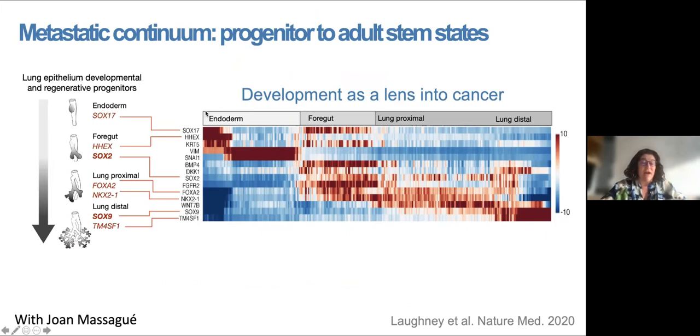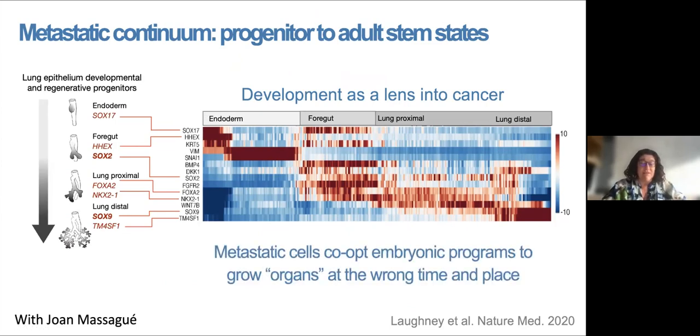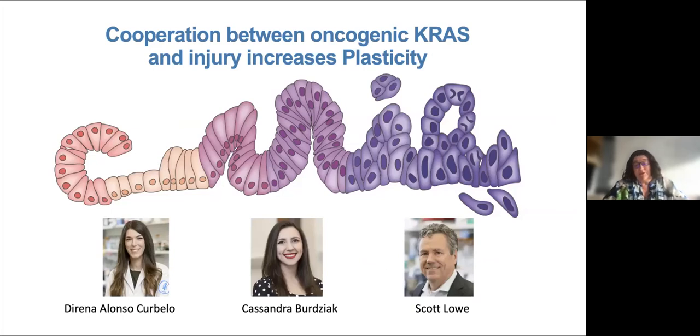So you could see all the factors going on in order of lung organogenesis, as well as their downstream transcriptional programs. And it's as if metastatic cells are trying to develop a lung in the wrong time and in the wrong place, using the very same transcriptional programs that the developing embryo gets. And this is part of the plasticity that the cancer cell has to get access to all sorts of aberrant transcriptional programs. So now I'm going to tell you a few news stories.